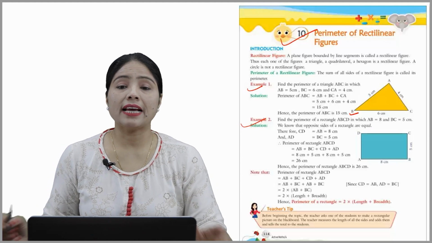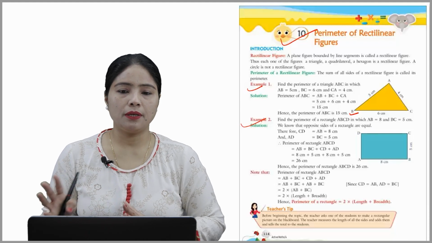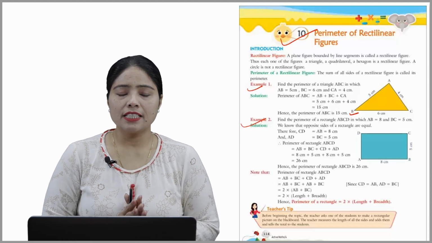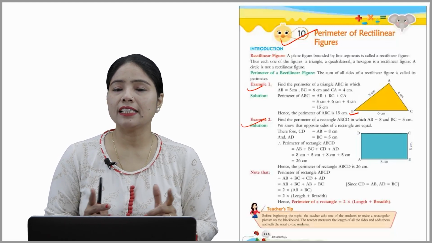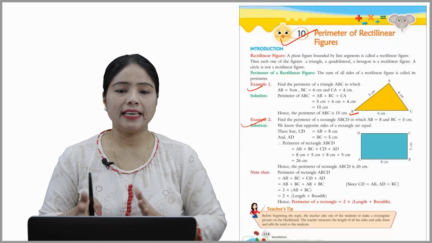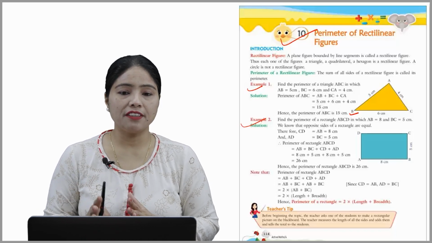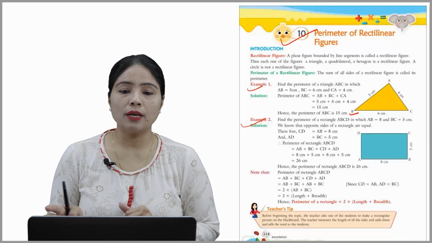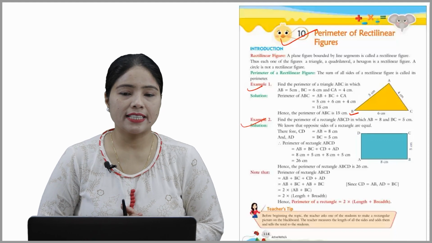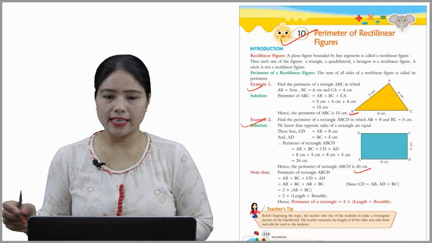Find the perimeter of a rectangle given here ABCD in which AB is 8 centimeter, BC 5 centimeter. So solution. For that we know the opposite sides of a rectangle are what? Yes, equal. So therefore what will we do? AB plus BC plus CD and AD. So 8 plus 5 plus 8 plus 5, how much is that? Yes, so 26 centimeter is the perimeter of the rectangle, beta. Hope you understood. So this is 26 centimeter.